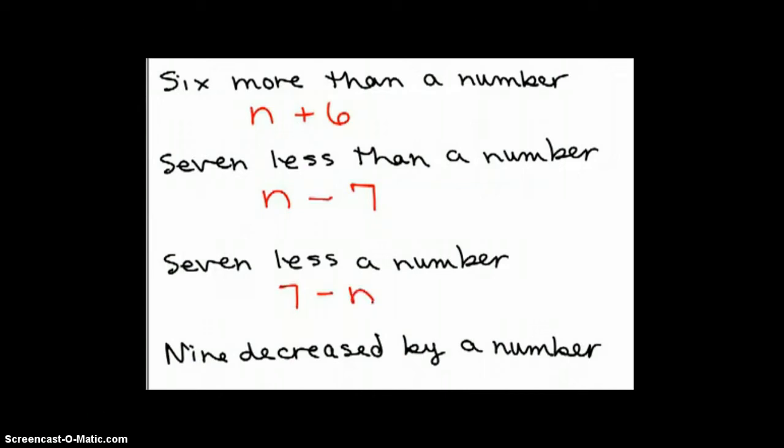So this is 7 minus n. That's pretty tricky. What's the difference? It doesn't have that word than. So again, for 7 less than a number, if you're not sure how to do it, put in something you would know, like your age, and then do the same thing using a number as opposed to your age. 7 less a number, that's like saying 7 less 2. You mean you start with 7,